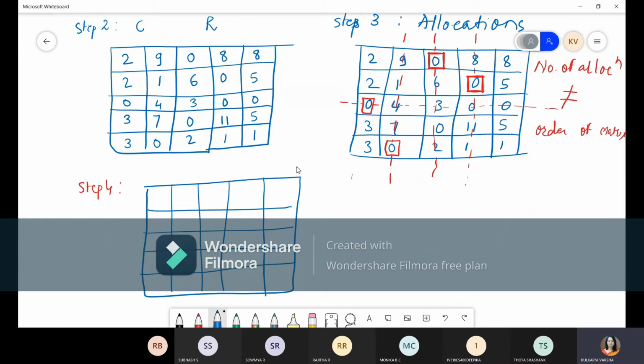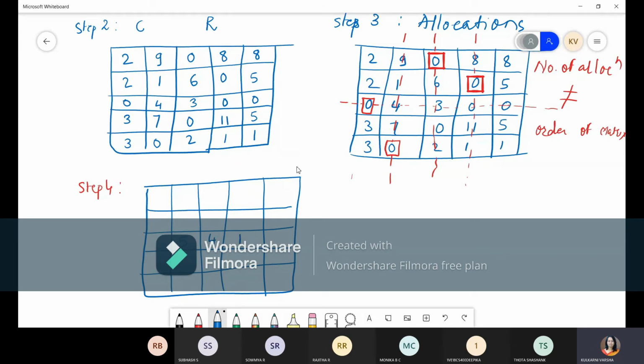See, these are uncrossed, this is uncrossed, this is uncrossed, this is uncrossed. Then this is uncrossed, this is uncrossed, this and this. So from this, one is the least element, right? Now the second step: whatever the identified element is, we have to add it to the double cross elements. So which are the double cross elements? This 4, this 3 and this 0, right? So we'll add 1 to all these elements. So this will become 5, this will become 4, this will become 1.